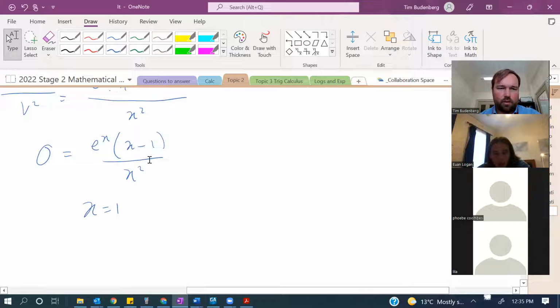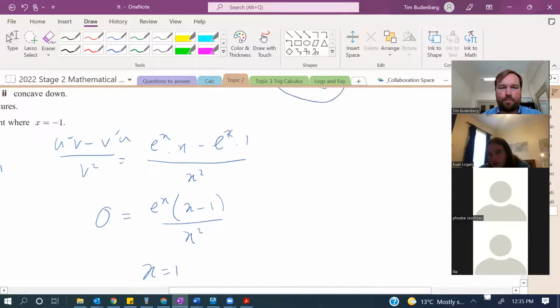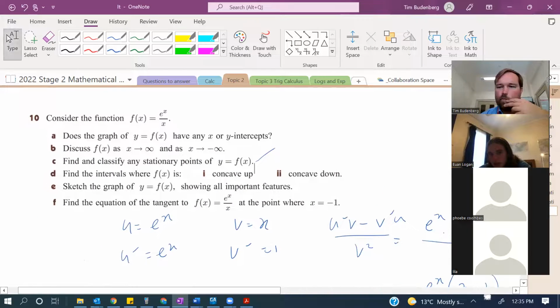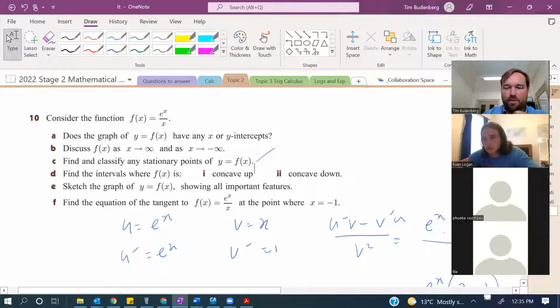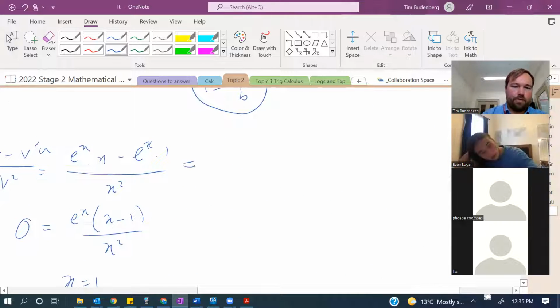All right, so second derivative. It's only stationary points of inflection you find the second derivative for. No? Everything is done first derivative. Sorry, you mean it's only inflection points you do second derivative for. Yeah, and inflection points are going to give us the concave up and concave down. Anyway, so I would probably take it from here and say that u is,